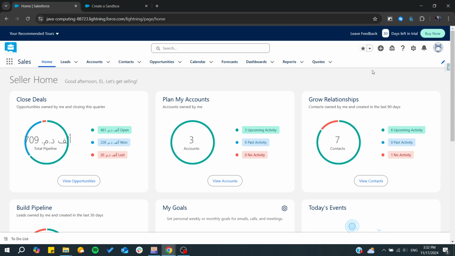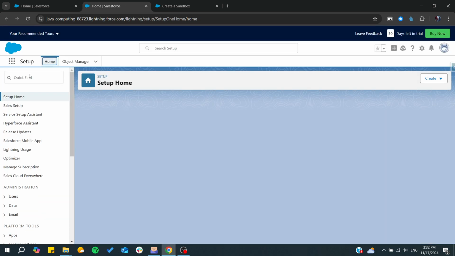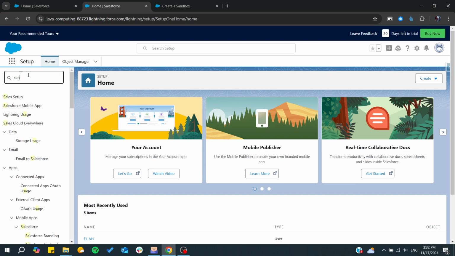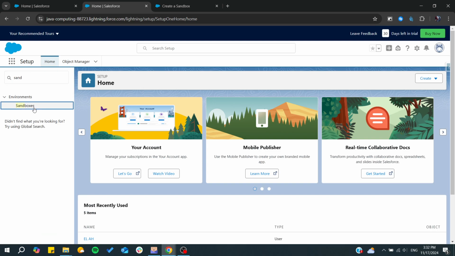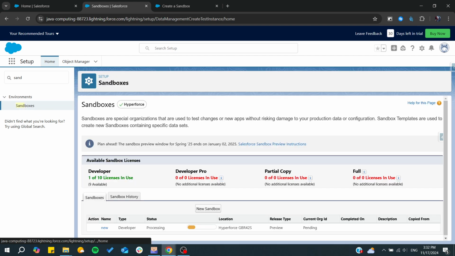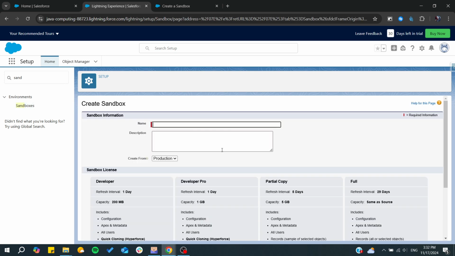So basically, to create a sandbox, all you need to do is go to the setup menu here, and then go to setup. Then all you need to do is search for Sandbox and it will take you to the Sandbox menu or panel. From here, we will be able to start seeing the sandboxes. I already have a sandbox here, and you can create a new one by clicking on new sandbox,